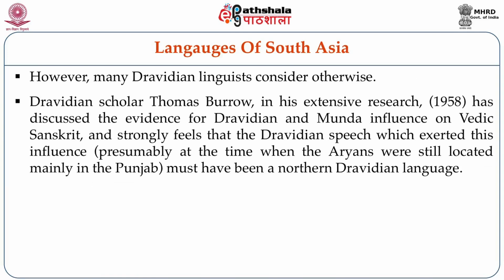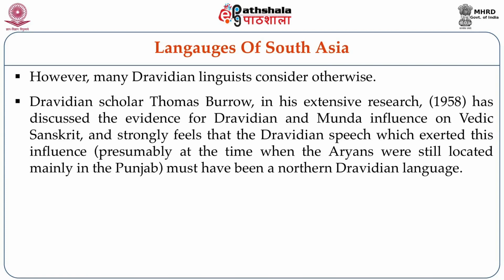Dravidian scholar Thomas Burrow, in his extensive research in 1958, has discussed the evidence for Dravidian and Munda influence on Vedic Sanskrit and strongly feels that the Dravidian speech which exerted this influence, presumably at the time when the Aryans were still located mainly in the Punjab, must have been